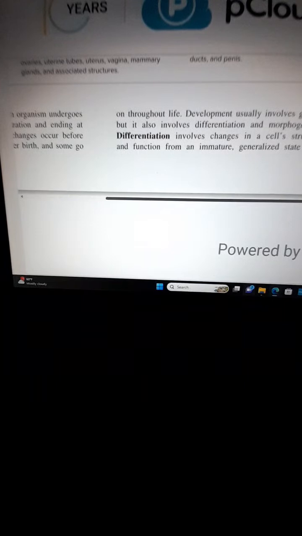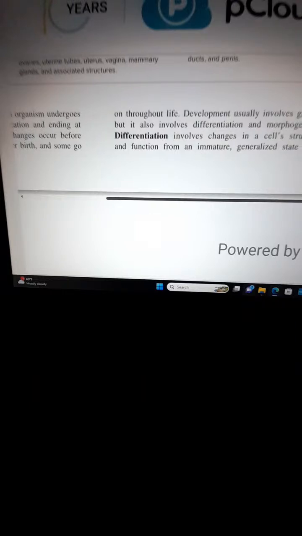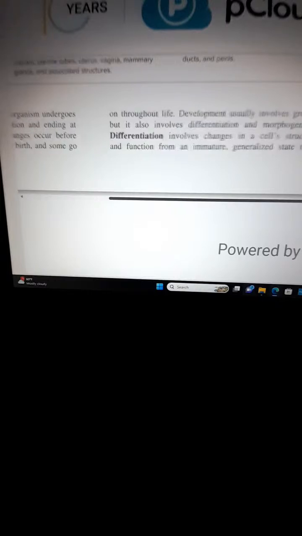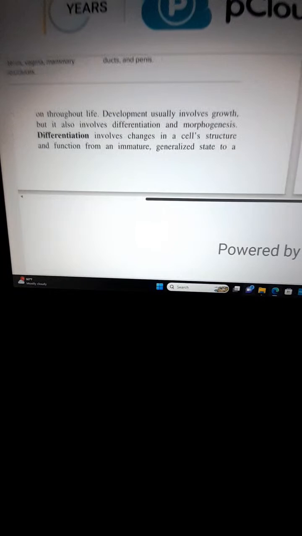And it usually involves growth, differentiation, and morphogenesis. When you see the word morphogenesis, you know kind of what that means, right? Now, differentiation involves changes in a cell structure and functions from an immature, generalized state to a